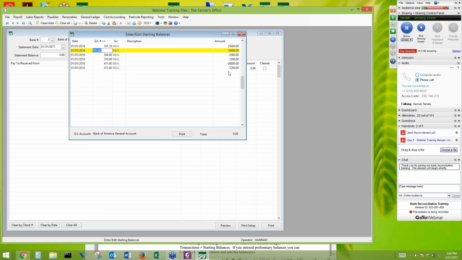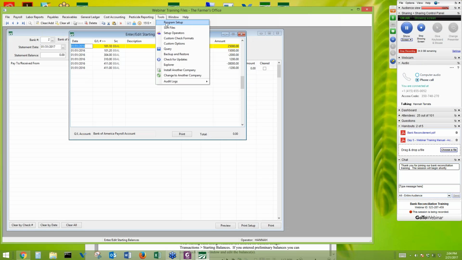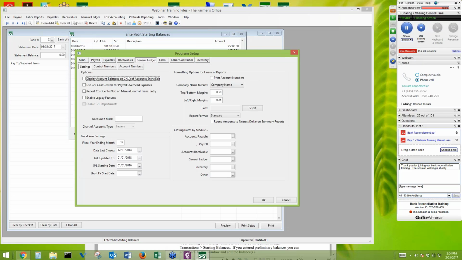Now, if you've been using our software but you haven't been using the bank reconcilement or the accounting system, which we've had a few customers recently that were just doing payroll and they weren't using the full accounting system, decided they want to get started, you can reset your GL starting date. And the way you do that is in the Tools menu under Program Setup, and then it's on the General Ledger tab. There's a GL starting date here. So if you haven't been using the accounting and you want to get started, you can change this date to January 1st, 2017,